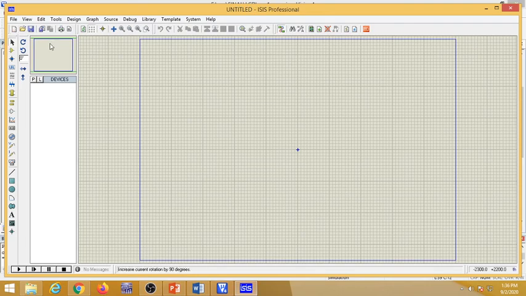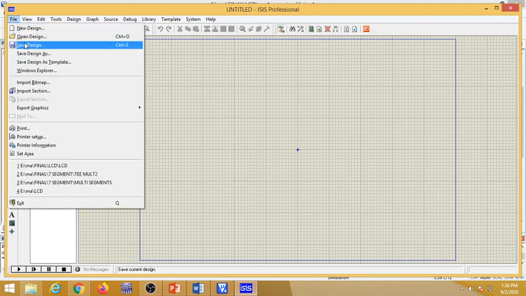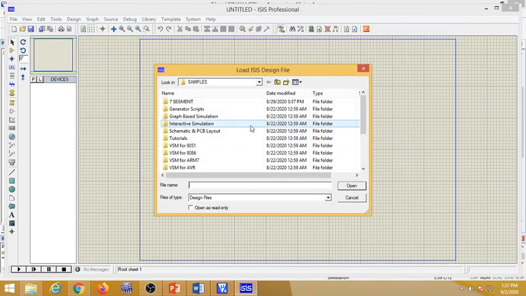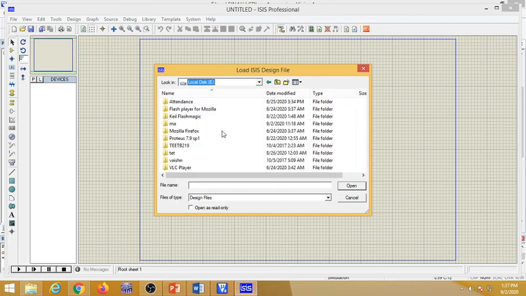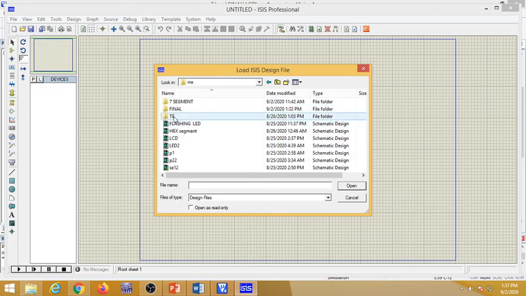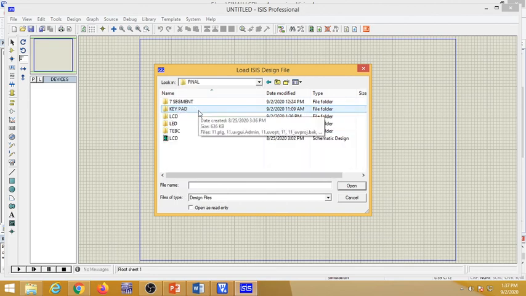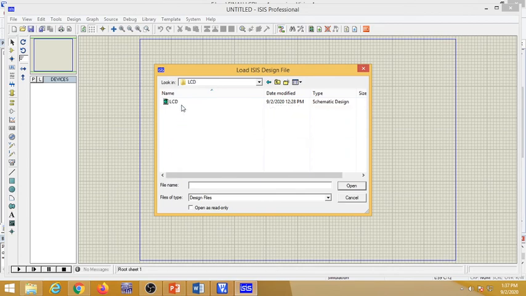I already created that hardware connection. I will just open that, Open Design. Then my design is in the E drive, MA, final, LCD. LCD is the name.